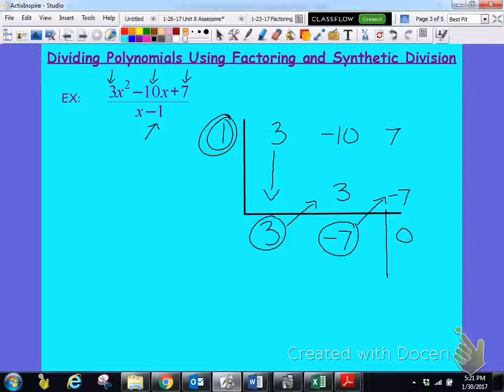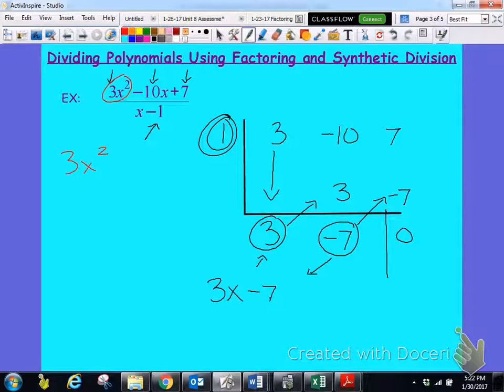So now, when I'm recording my answer, I'm going to start with my number in front. So this 3 is going to come down, and it's going to have an x with it, but the x is going to be 1 degree lower than our highest in our numerator. So we saw that our highest power is 3x squared. So when I go 1 degree lower, it's simply just going to be x to the first, or x by itself. Then I'm going to pull out my negative 7, and it's going to be minus 7,